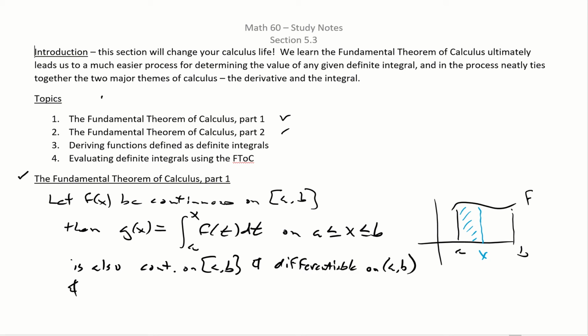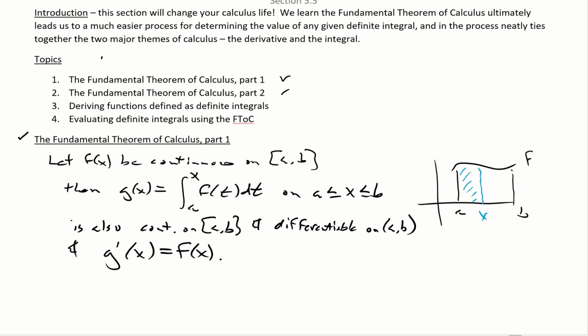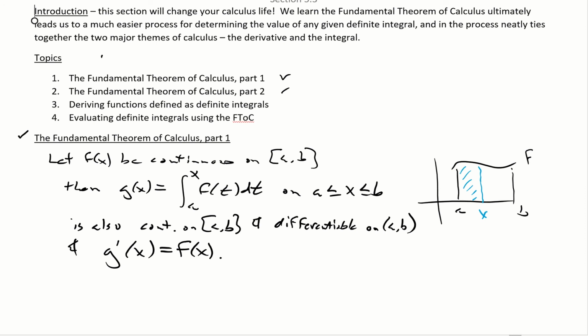And finally, and this is the big punchline, let's write it bigger, g prime of x is equal to f of x. Okay, so this theorem is saying if we define a function to be a definite integral function of a given function little f, then our derivative is little f, which is like, wait a second. So you're saying a definite integral ties into what we call an antiderivative of f, and that is true. If you want to find a definite integral, you're going to be searching for the function's antiderivative, and we're going to see examples of that, not in this video, but in the next one when we do part 2